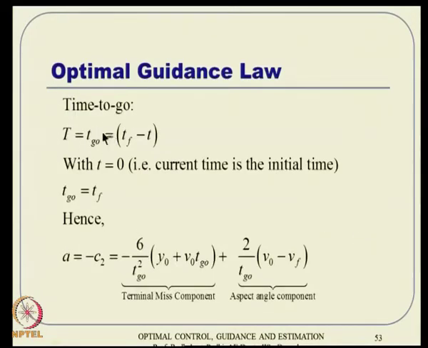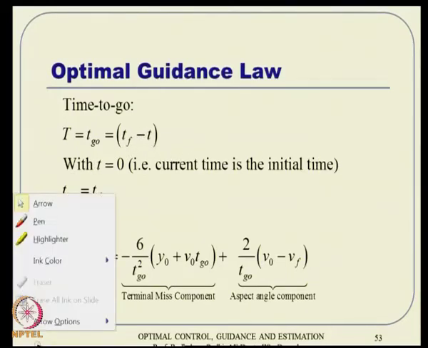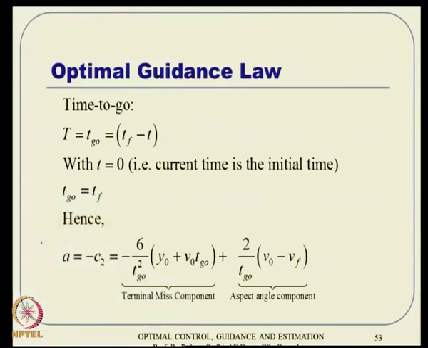So, that means this time-to-go information, again we put it something like this. By the way, this time to go is a critical parameter in optimal missile guidance. Normally you take this as your LOS, and r is my LOS distance. So, T go is approximated typically by r by Vc. Vc is the closing velocity, and it is typically negative. So, normally we will put minus r by Vc. This is the expression that is heavily used as approximate time to go,